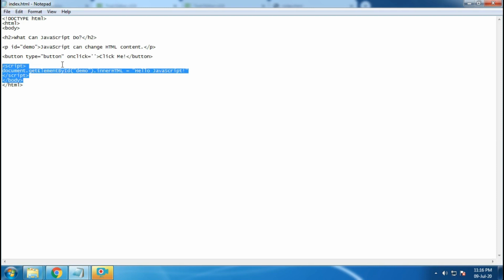Remember that. But now the problem is this on click method doesn't know what to execute, right? Earlier the same code was here, so it was just executing that one, but now it doesn't know what is to be executed.